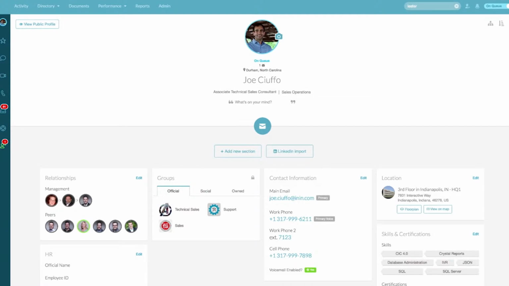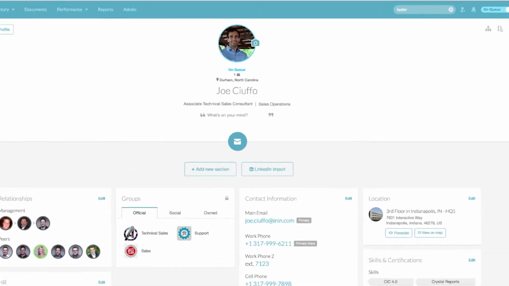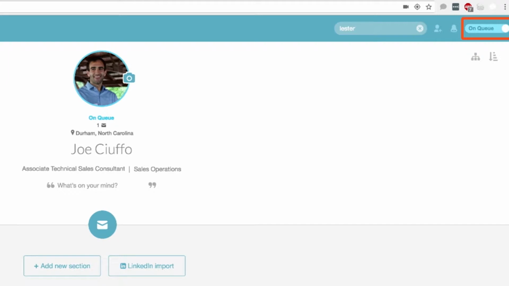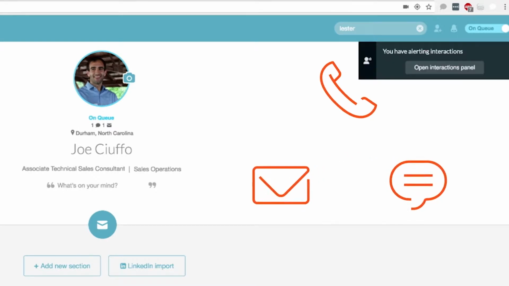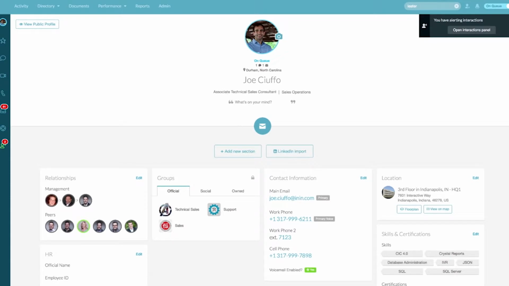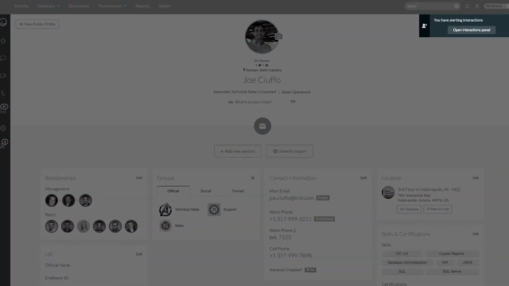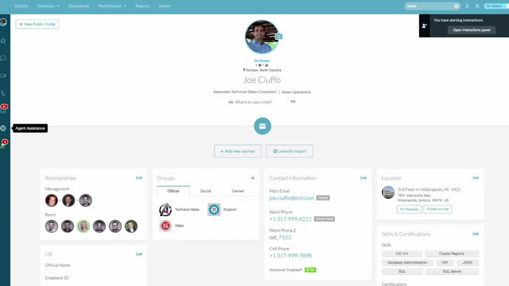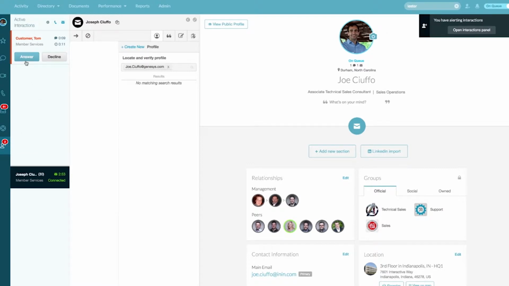And when an agent's ready to take interactions, they toggle themselves as on queue. On queue lets the system know that they're ready to begin taking incoming interactions such as phone calls, emails, web chats, and even more. When an interaction is coming into the system, the agent will be alerted via a toast pop in the top right, and all they have to do is click the Active Interactions pane on their left-hand